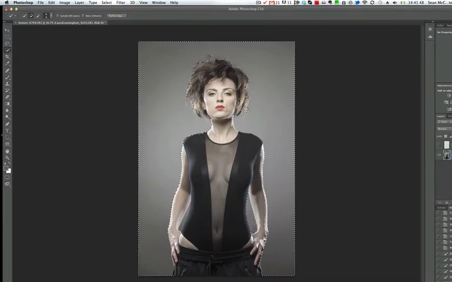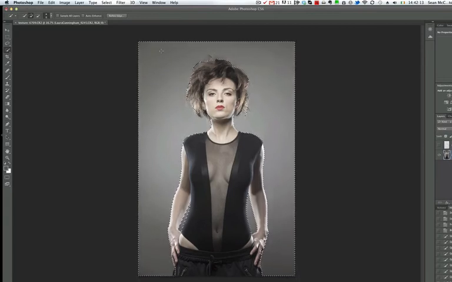Let's not forget inside the arms. And the same on the other side. Okay. So that's a rough selection, and like I say, it's not as important with this one as it would